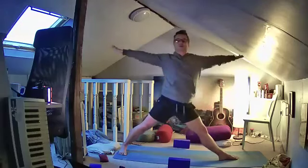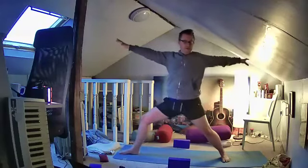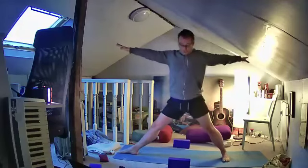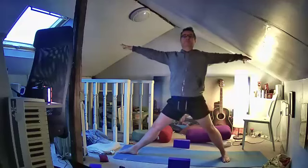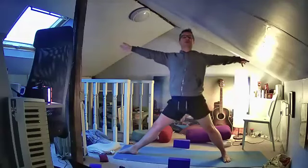Come back to the center. Swap the feet. Turn the right toes in. The left leg and foot all the way out. Again, just turn those thighs from the big toe side to the little toe side, especially of that front leg,